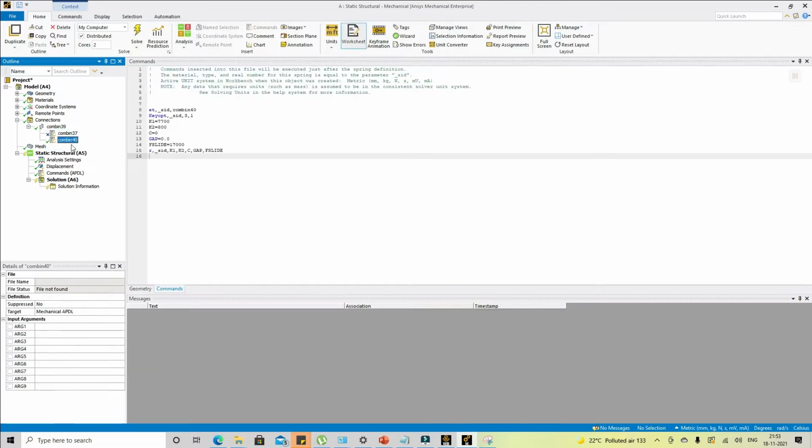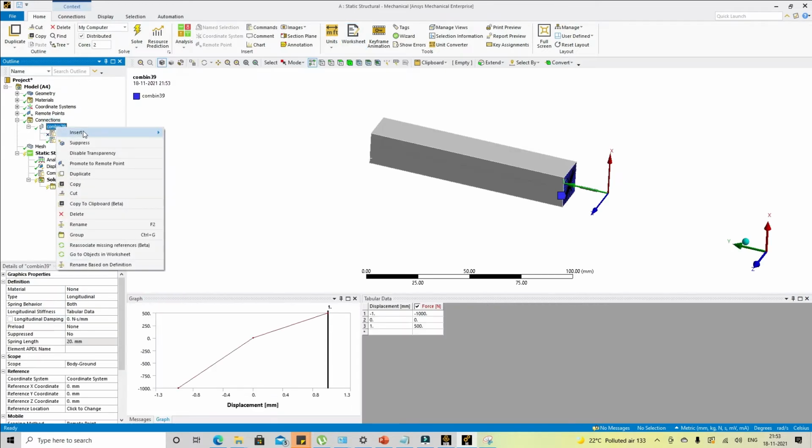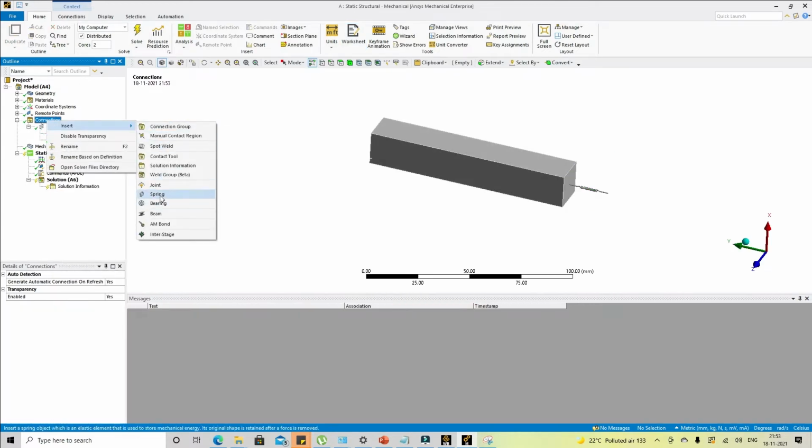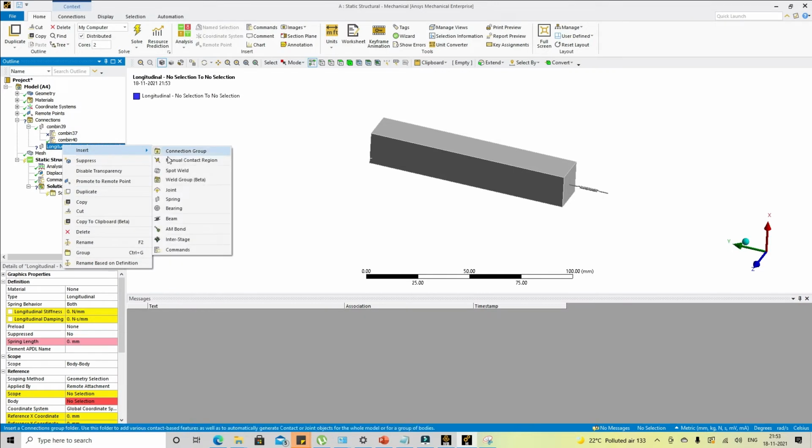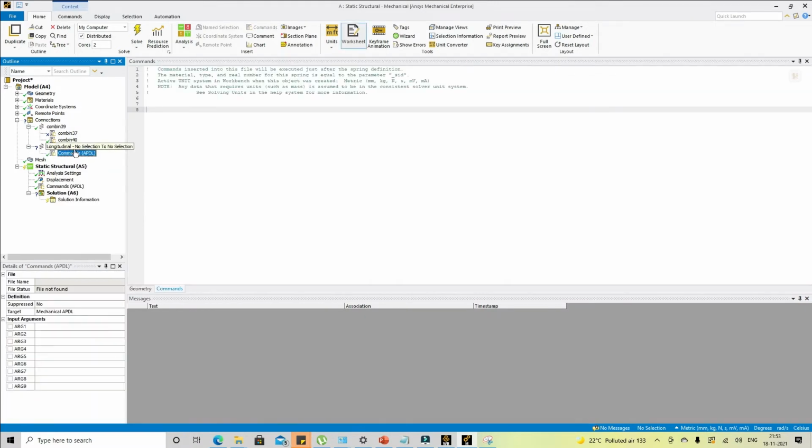Now if I right click on any spring that we define, and choose insert commands, the first thing to notice on top is what it says: material type and real number for this spring is equal to the parameter underscore SID.